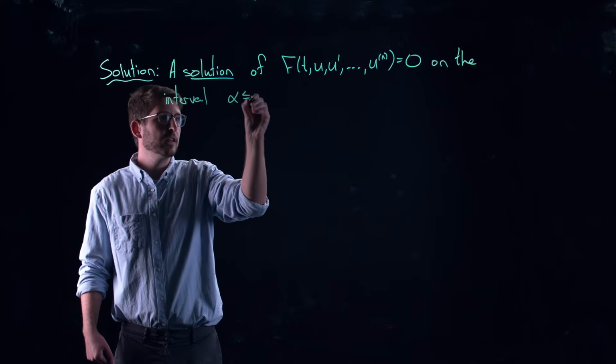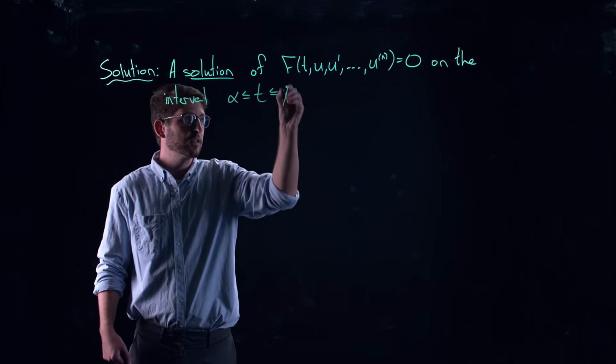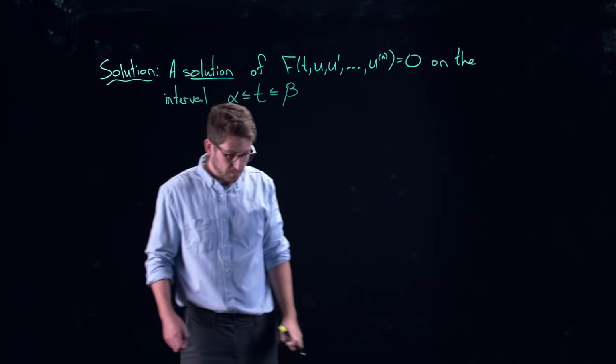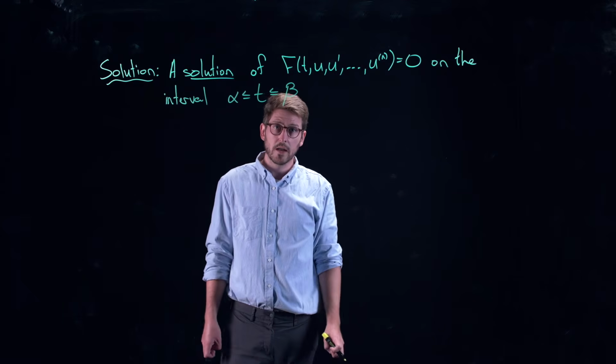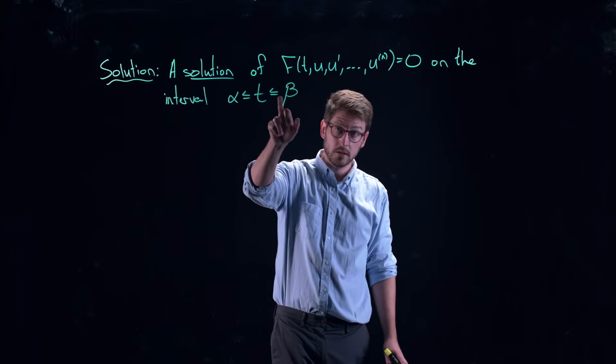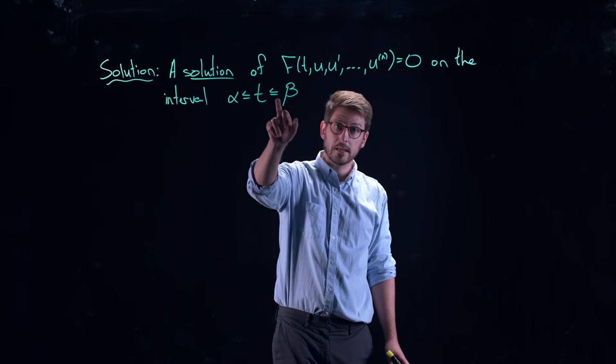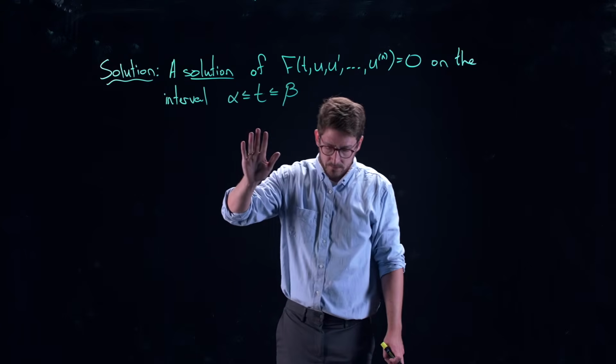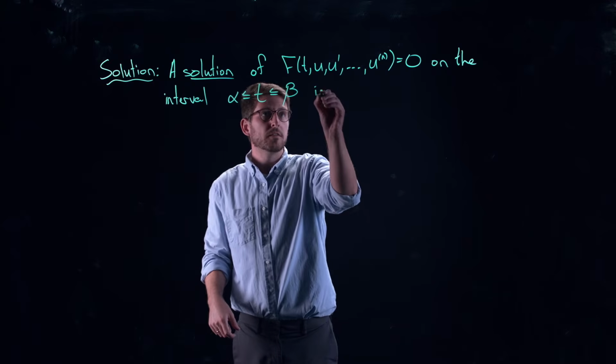Let's say alpha less than or equal to t less than or equal to some beta. So these could be positive or negative. I could make this just strictly less than. I could make this strictly greater than or strictly less than here if I wanted to as well. While this is a function